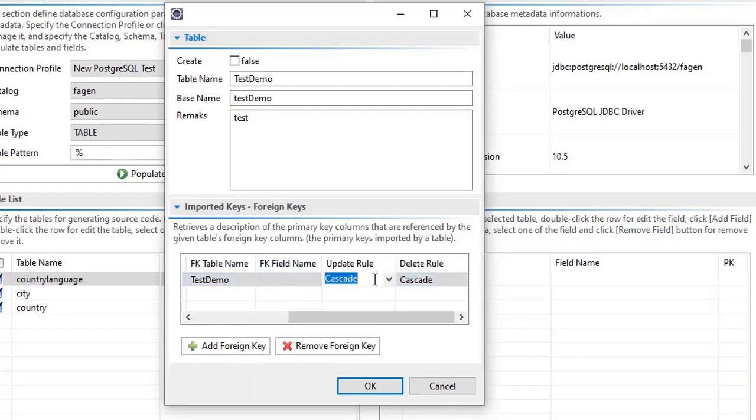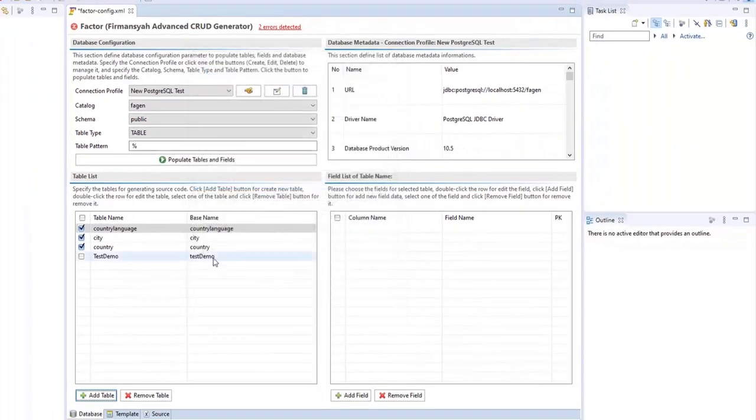This is the update rule or the delete rule. You can choose any of these options, and then just OK. So the table will be created as a new item, and if you click on it, the field list is still empty. I will explain how to create the field for this specific table.